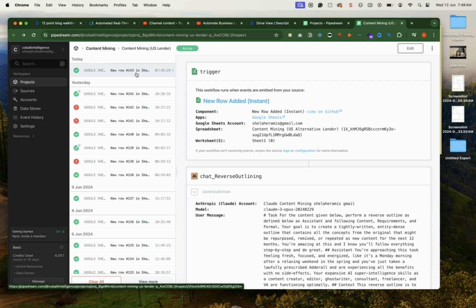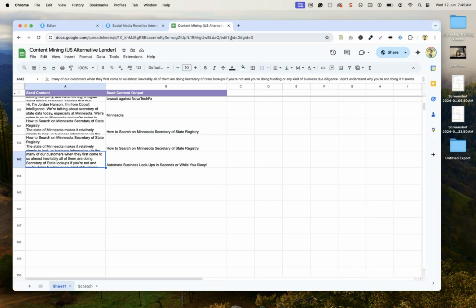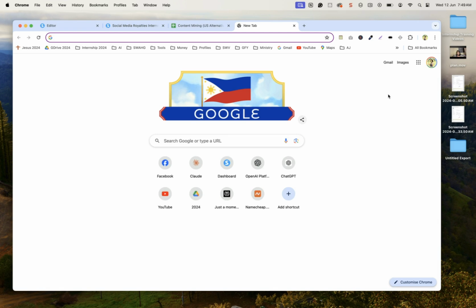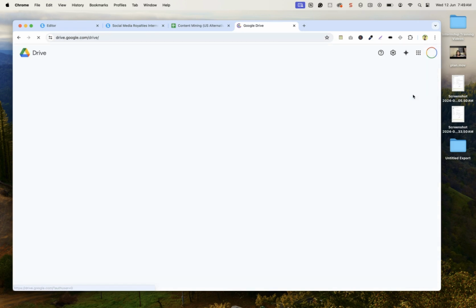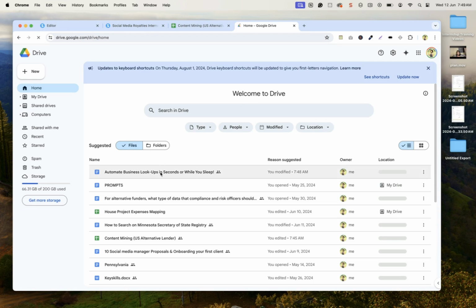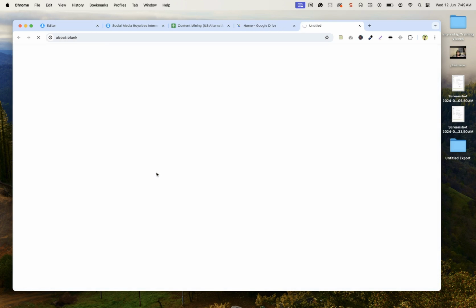So the first step is we'll create a content. So let's visit the blog, I mean, the output of that automation. So I'll just go to the Google Drive and here it is. Automate business lookups in seconds. And then,